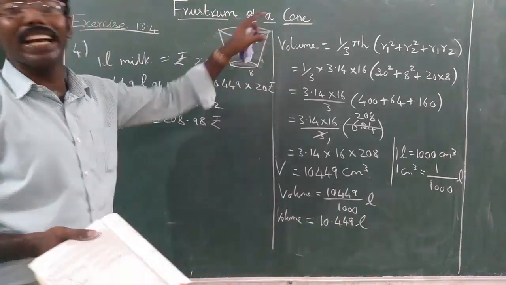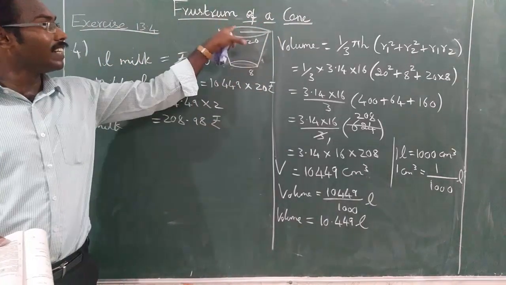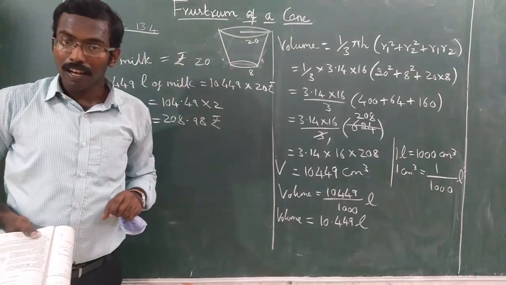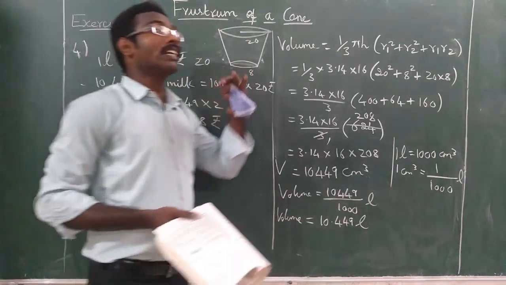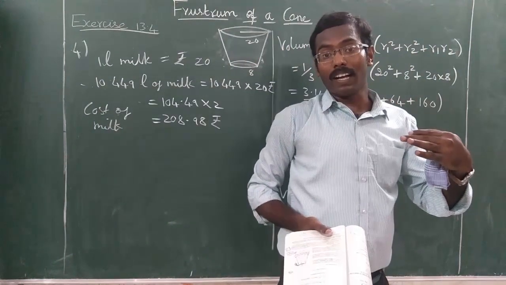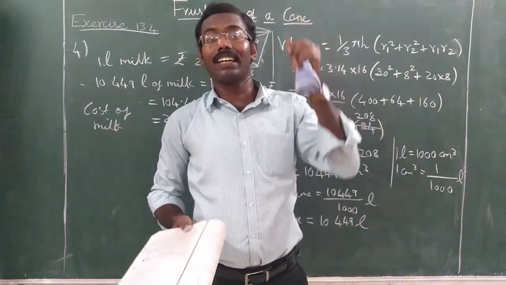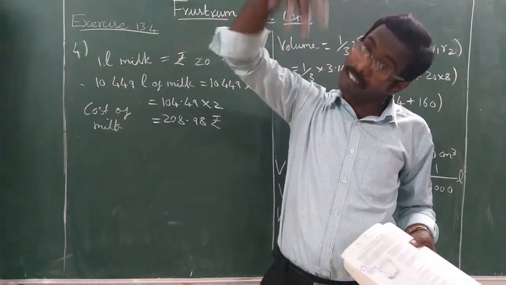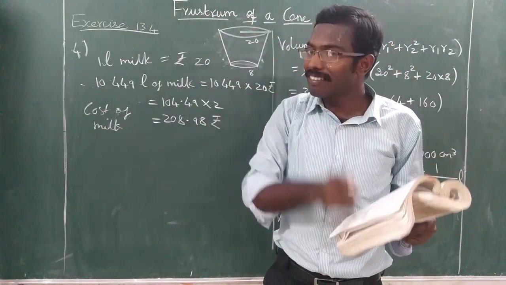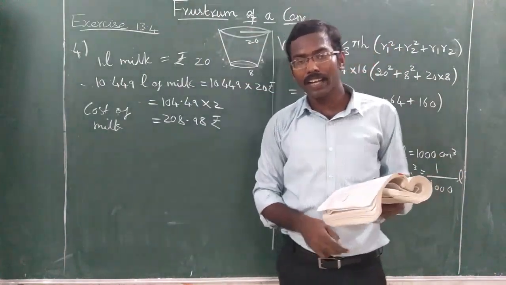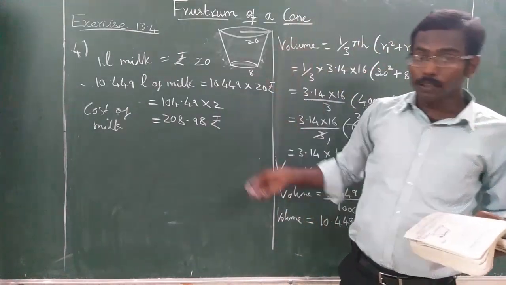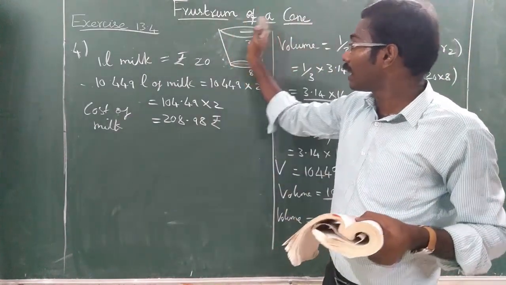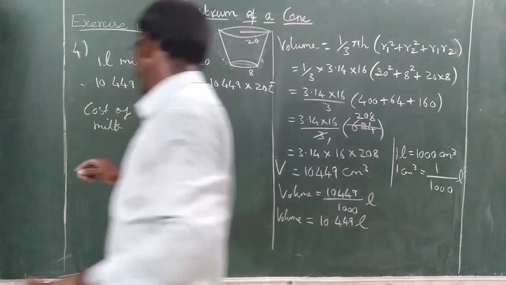This upper circle area is not considered because the upper end is open. Again I tell you, which one is the upper end, which one is the lower end, or which circle is in the upper, which circle is the lower, we may not know, because sometimes the frustum may be inverted also. So you have to see the question very carefully. Okay. So now what area do you have to find? First find the curved surface area. Okay. So area of